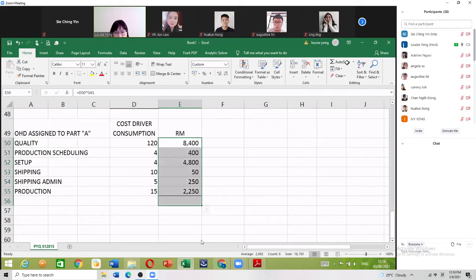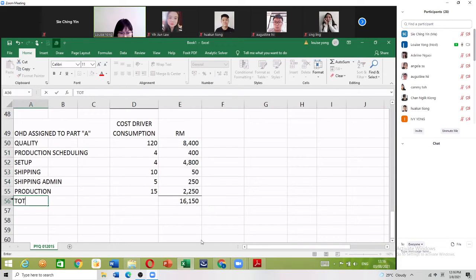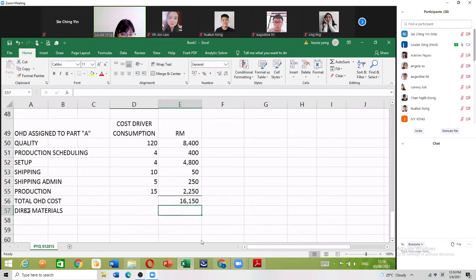Okay, so this is your total. Okay, overhead cost, right? This is your total overhead cost. Okay, then you can add your direct material. You can add it in here, 5,000. Okay, then you add your direct